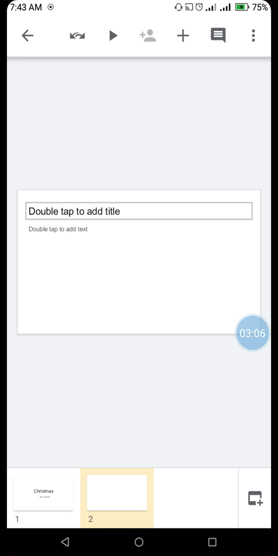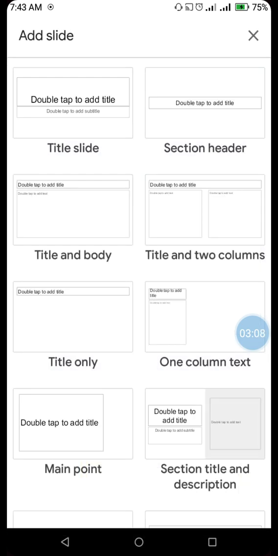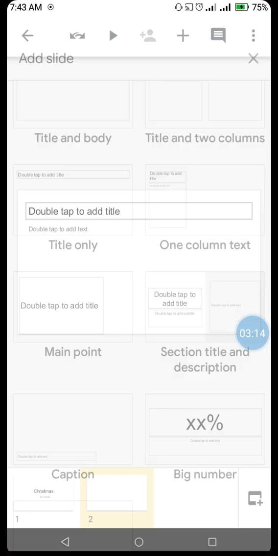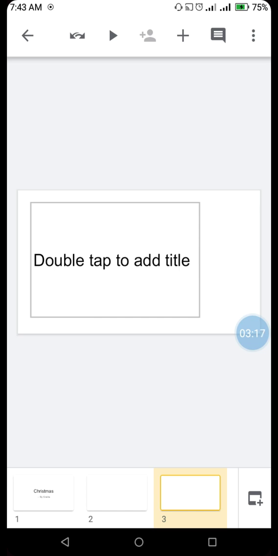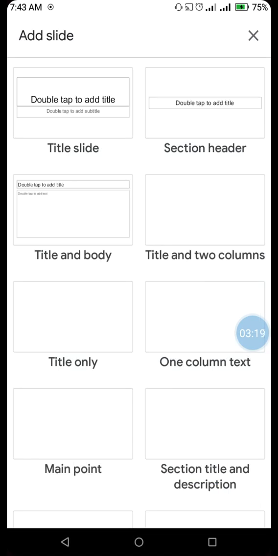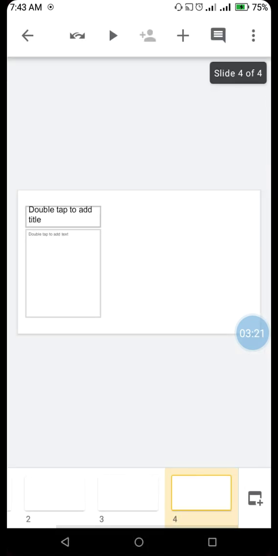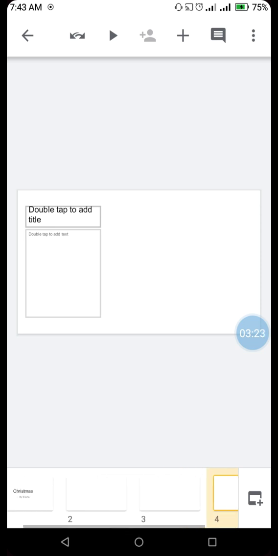Once done, you can add another slide by clicking on the small plus sign on the bottom right corner. Suppose I have added this. So I have added 3 slides. Let's add one more slide. This one. So as you can see, I can scroll through this slides pane like this.